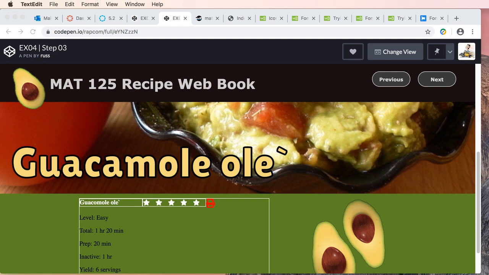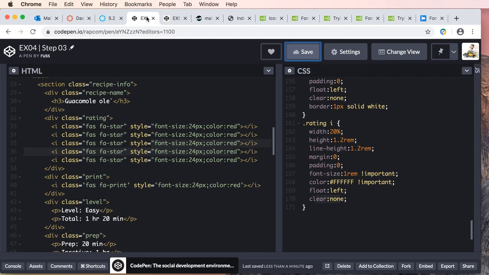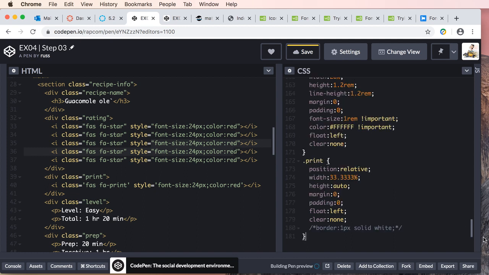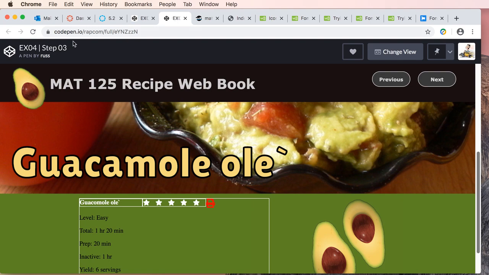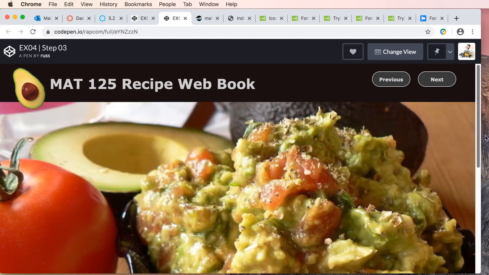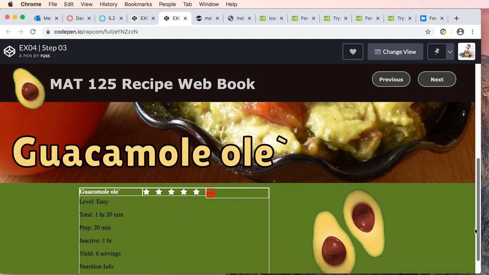All right, so we're going to grab print. Let's go back here. All right, so now print, the position again will be relative, our width 33, auto 0, 0, float left, clear none. We'll take our border off so you can see exactly what's going on. And then we'll save, and then update our page. All right, so now